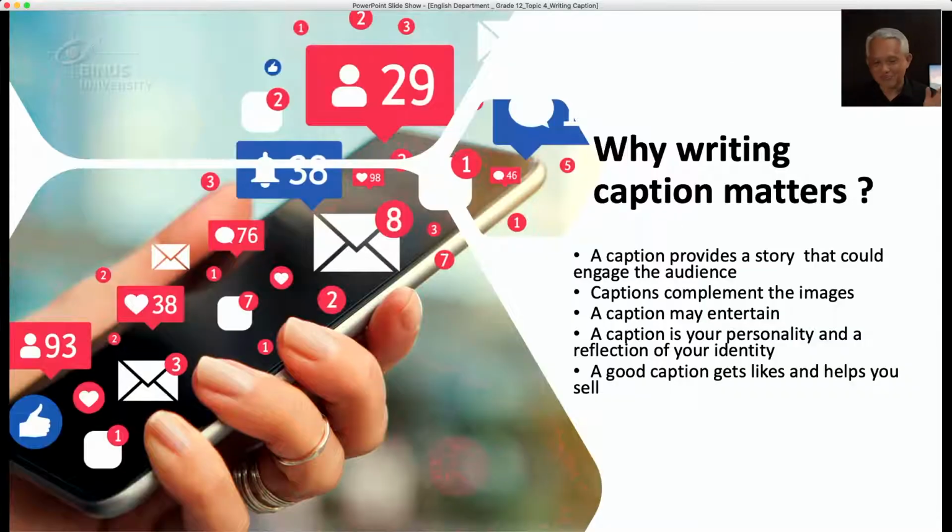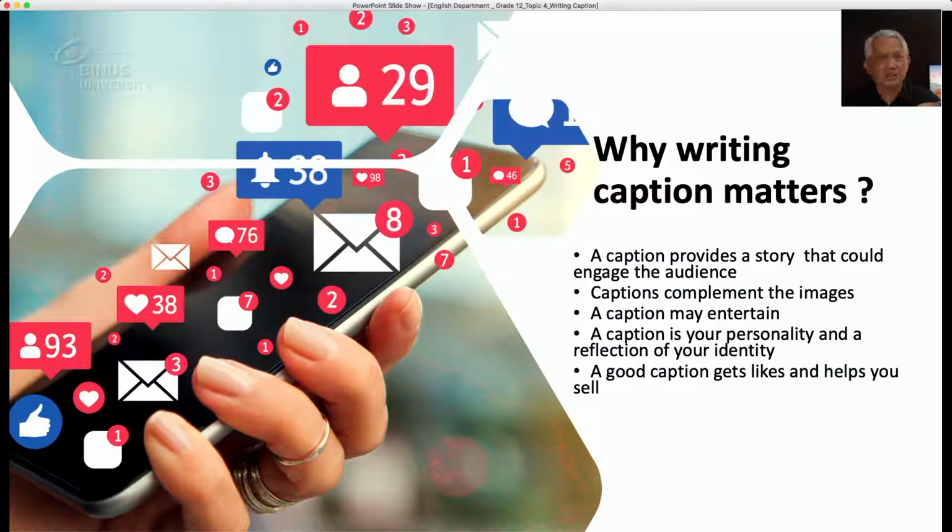By the way, let's question this. Why does writing a caption matter? Isn't it enough to just share a picture? The thing is, what the picture cannot provide is the story. Like the first picture of someone with books. That's why he needed to tell the story, because there is no story in the picture. People wouldn't know what's going on with simply him holding books. That's what a caption can do.